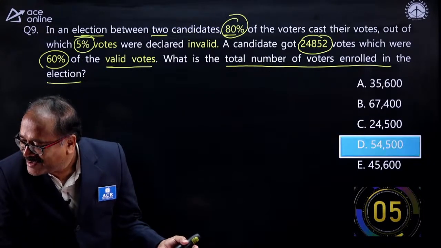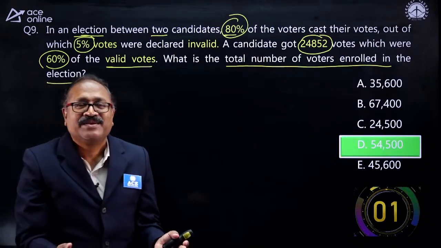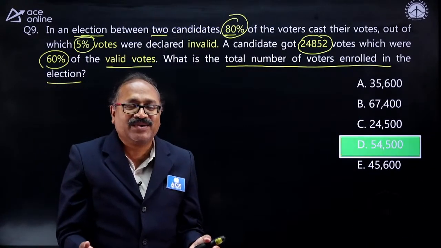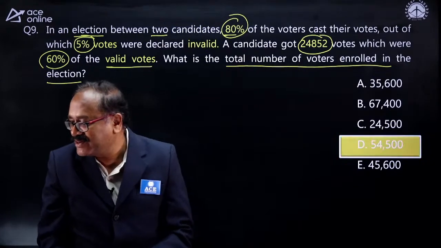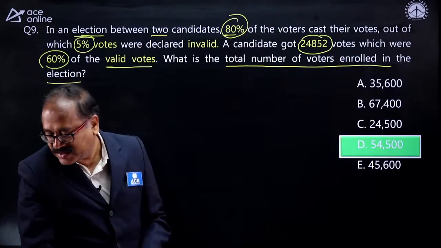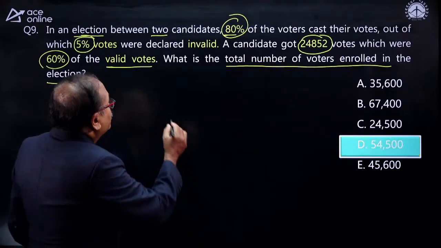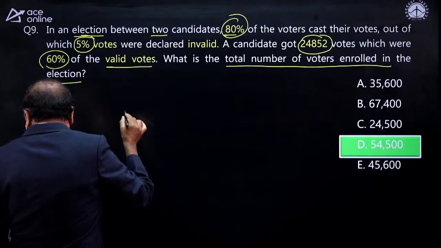Okay, Chandra Prakash Reddy, very good morning and good afternoon and welcome to this ACE online class. Mr. Reddy, right? 43,600. Okay. So what I do here is the total vote. One minute.